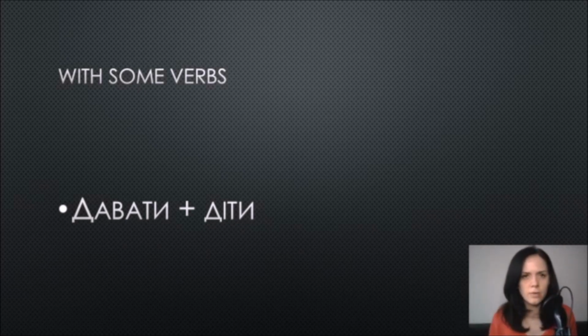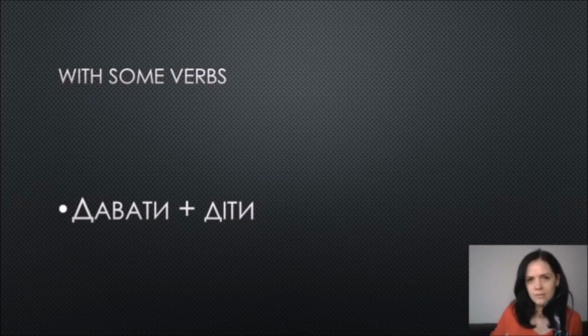So if you have seen my video on the usage of dative case, you know that in Ukrainian we have certain verbs, not all of them, but certain verbs that require that their indirect object has to be in dative case. One of these verbs is the verb I have mentioned already, давати. Давати means to give, right? So we say давати кому, to give to whom. That's the question of dative case. Or давати чому, to give to what. That's the second question of dative case.